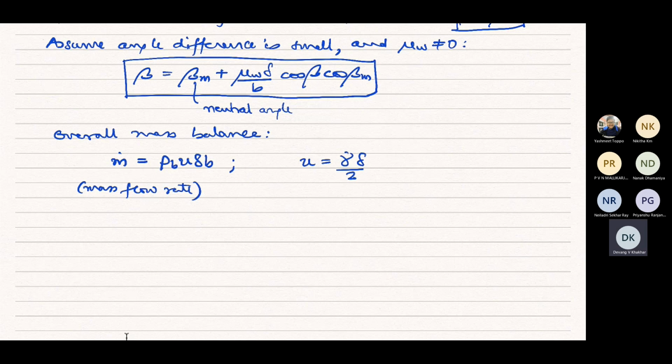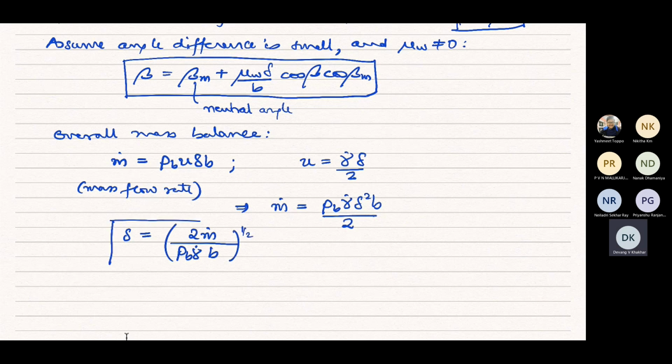And then further you have U is equal to gamma dot delta by 2. So this gives us that the mass flow rate is simply given by rho bulk into gamma dot delta squared B by 2, or you can say that delta is equal to 2 into the mass flow rate divided by rho B gamma dot into B. So if we know what is the shear rate, then we can easily get the